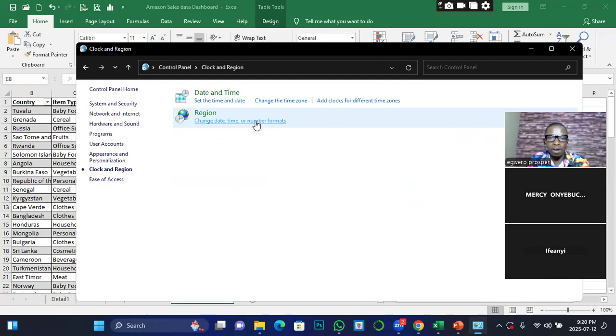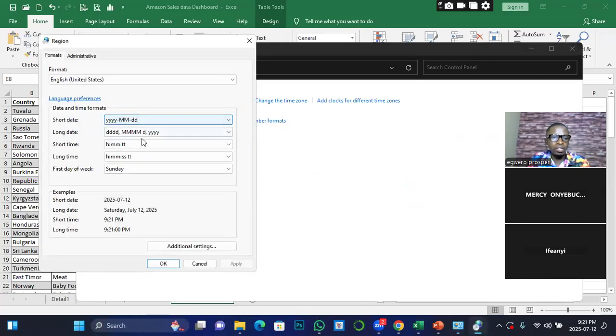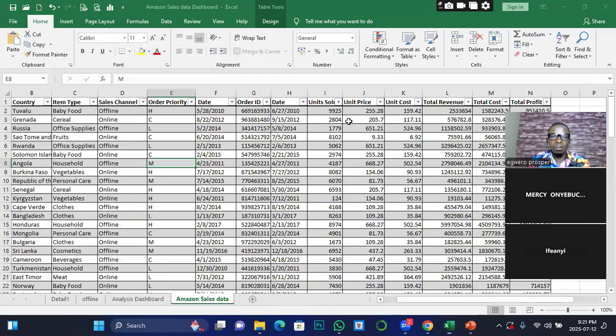So select number format, and you can see that under short date, the short date is corresponding. I think we have year, and then we have what? MM. So the format is correct from here. So probably the problem is from the data. But just quickly, let me